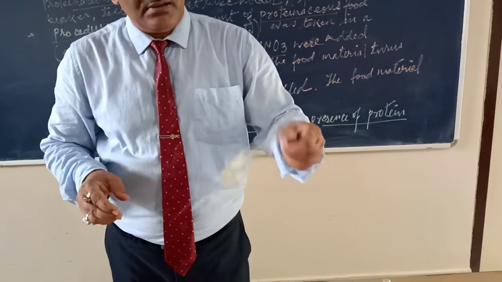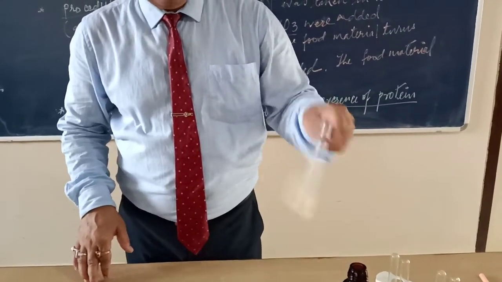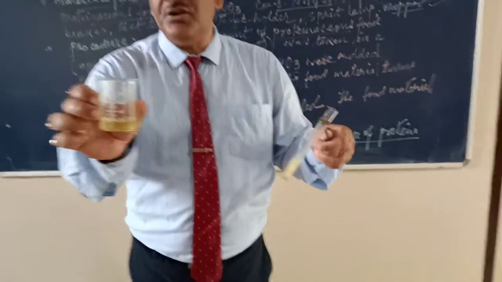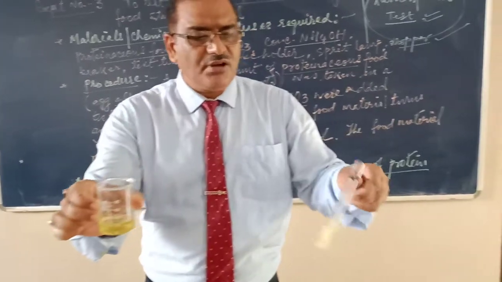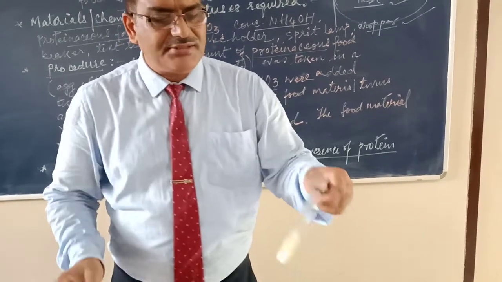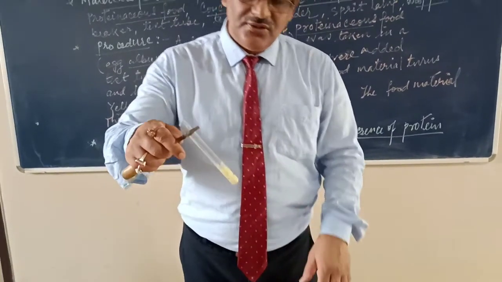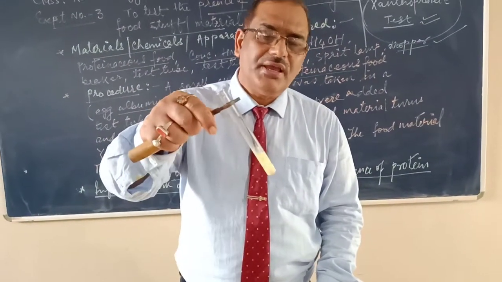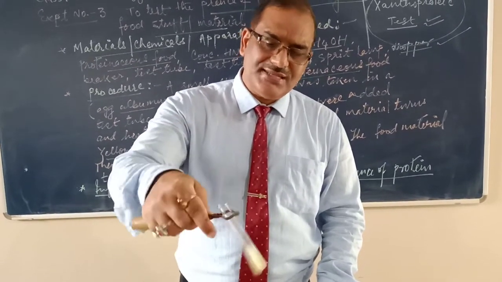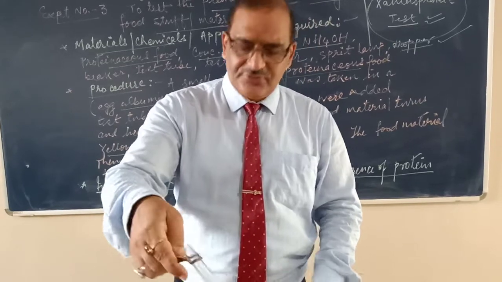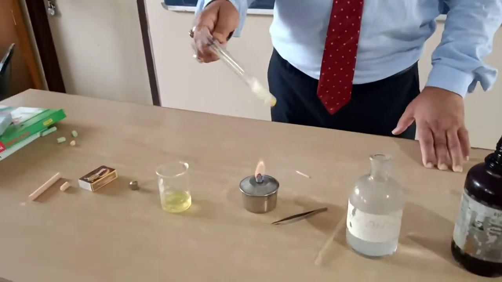So you see the change in the color of the material. The material was earlier in a liquid fluid state and slightly yellowish in color. Now after adding conc HNO3 acid, it generates heat. So now it starts solidifying. It becomes whitish and almost solid. Now we have to heat it for 1 to 2 minutes and see the change in the color.